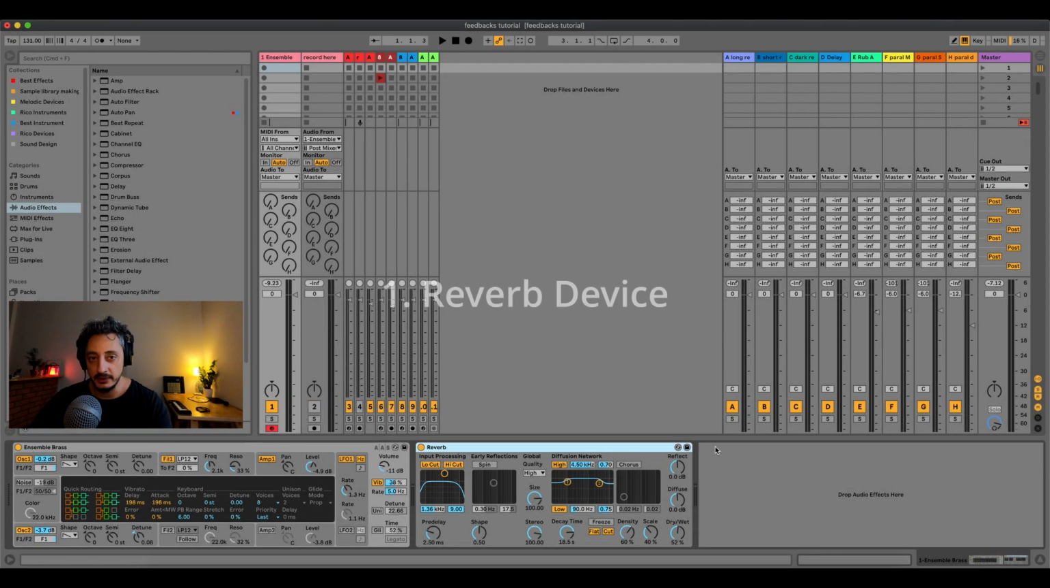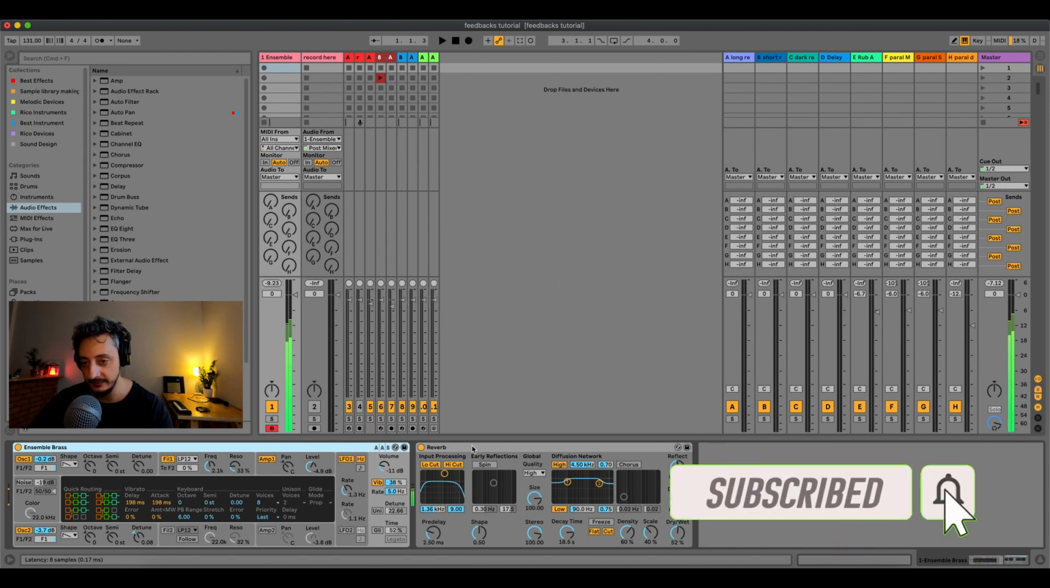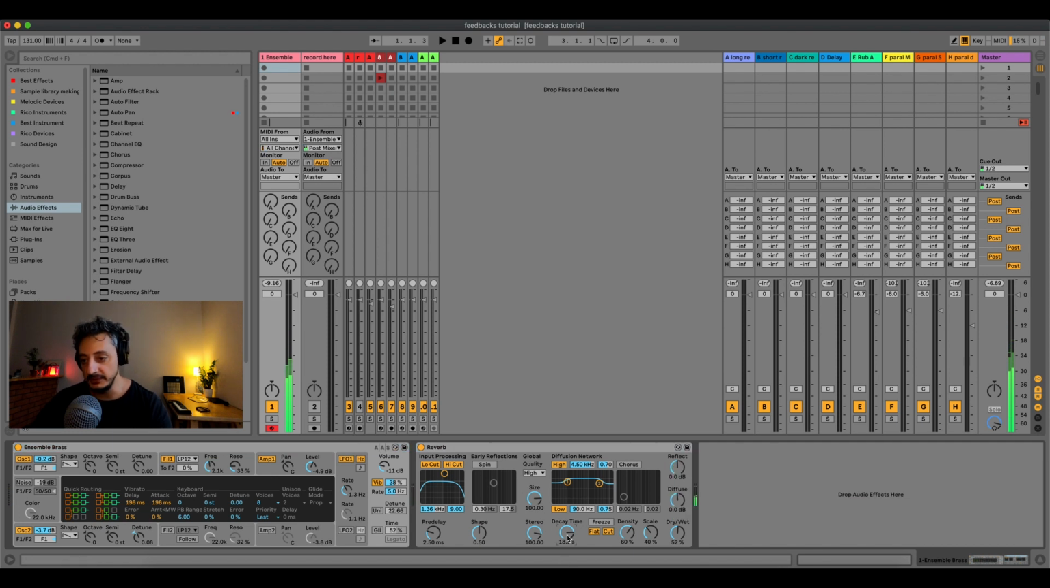So the first example that we're going to use is a simple reverb with a simple sound. So we have a brass sound here. And basically to create an infinite reverb, you will just put the decay to maximum. And you see that it's not going to be infinite, it's going to stop at a certain point. But if you want to freeze the tail, you can just